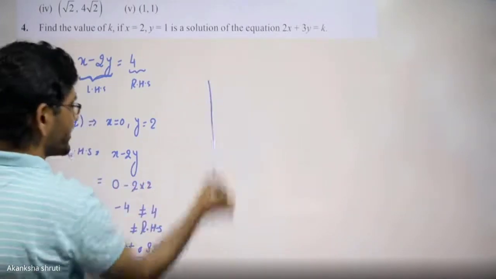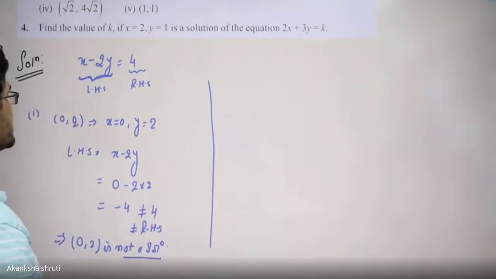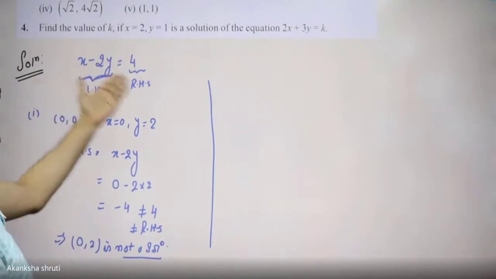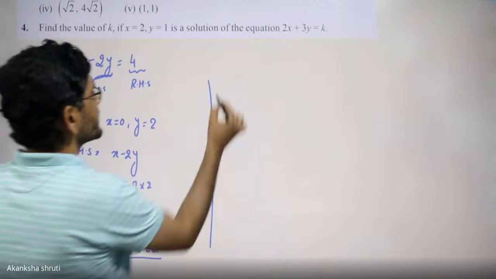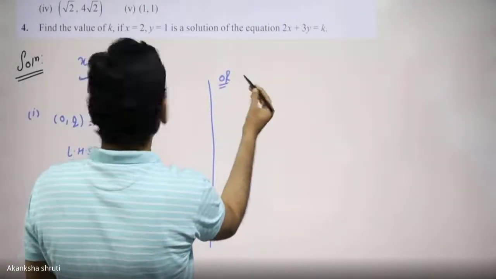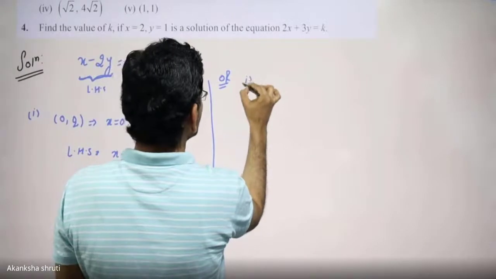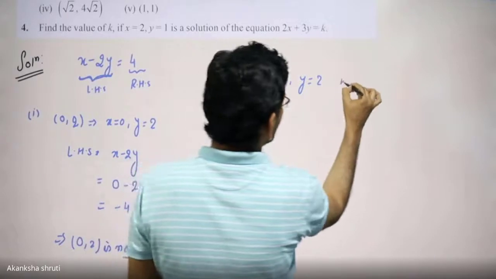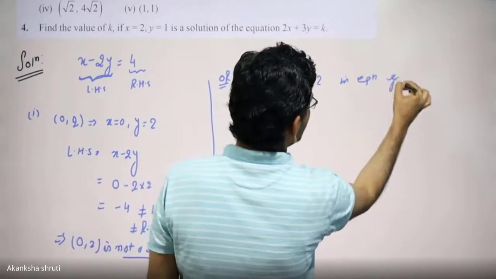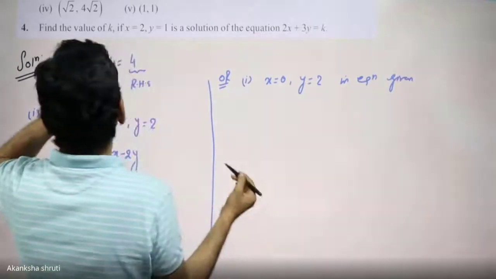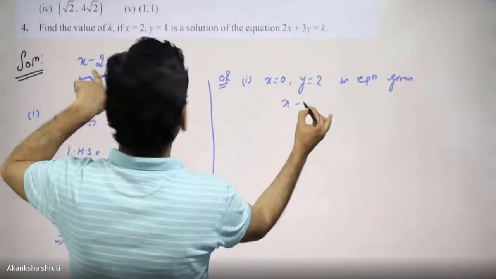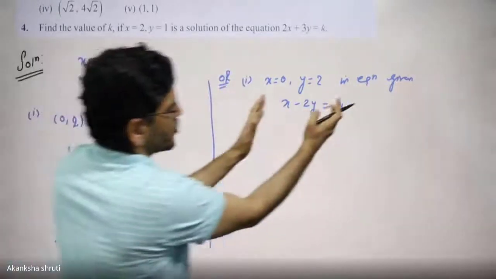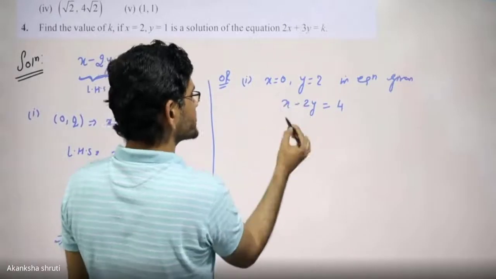This is the very first thing we have to keep in mind. Students, many a time, in some schools or in some of the books, these two things are carried together. That is also okay. Or even if you are solving this way, in this first question, we have to take x is equal to 0, y is equal to 2. In the equation given, we have x minus 2y is equal to 4. So whatever this equation, you have to copy this as it is. After copying, you have to substitute the values.